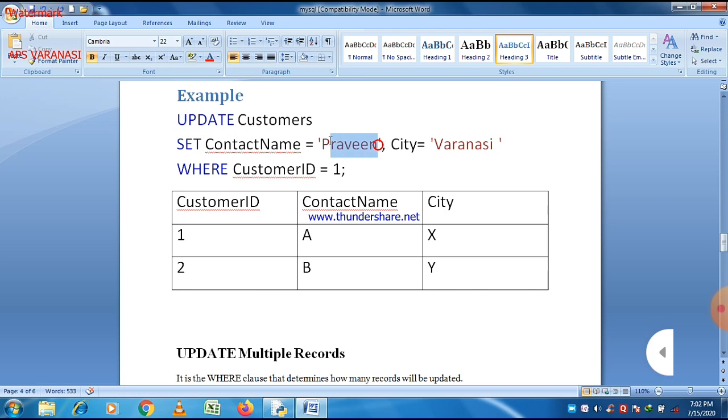So only one row will be updated, because only one row has customer ID 1, and the changes will be that the contact name becomes Praveen and the city becomes Varanasi. So one row will be updated after that statement.